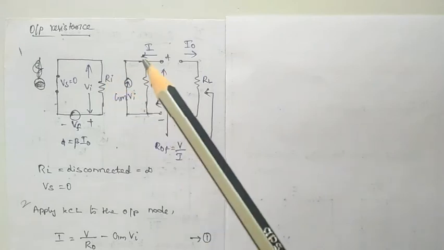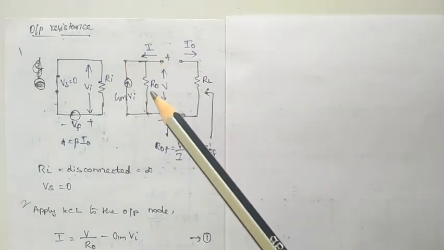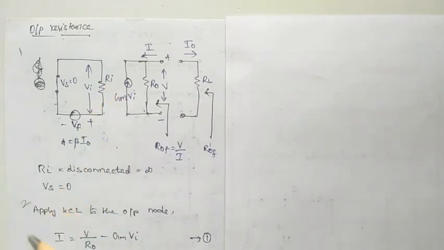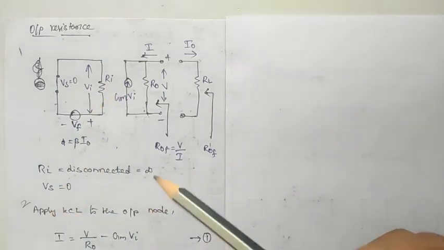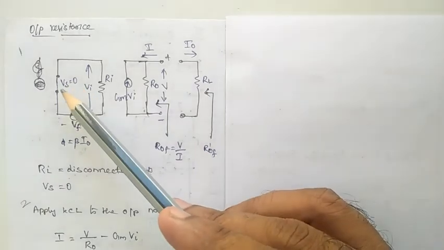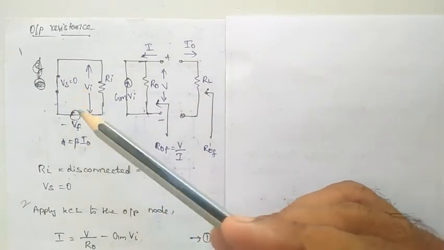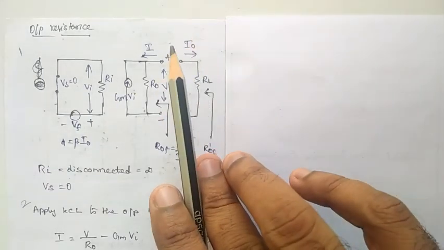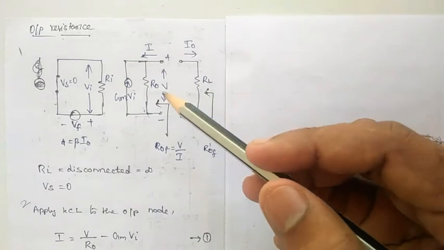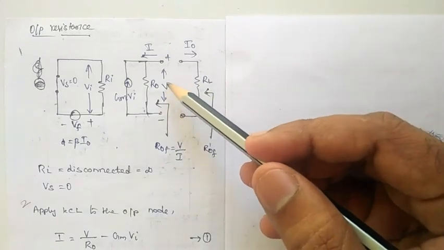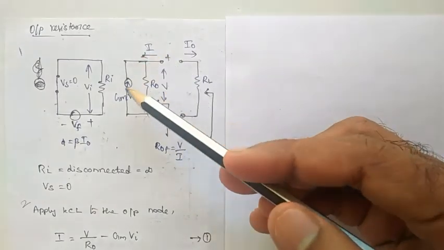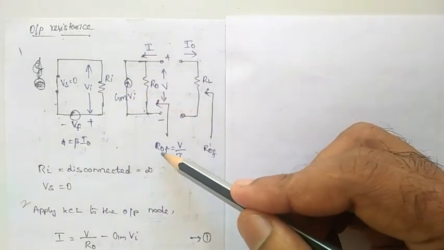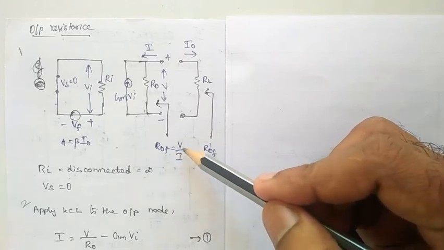For finding the output resistance of the current series feedback amplifier, we have to redraw the equivalent circuit and make some small modifications. We short the input source, Vs equals 0. Similarly, on the output side we disconnect the load resistance from the actual circuit and provide a test voltage source here, from which a current flows into the output circuit. From this we can get the output resistance with feedback, which is equal to V by I.